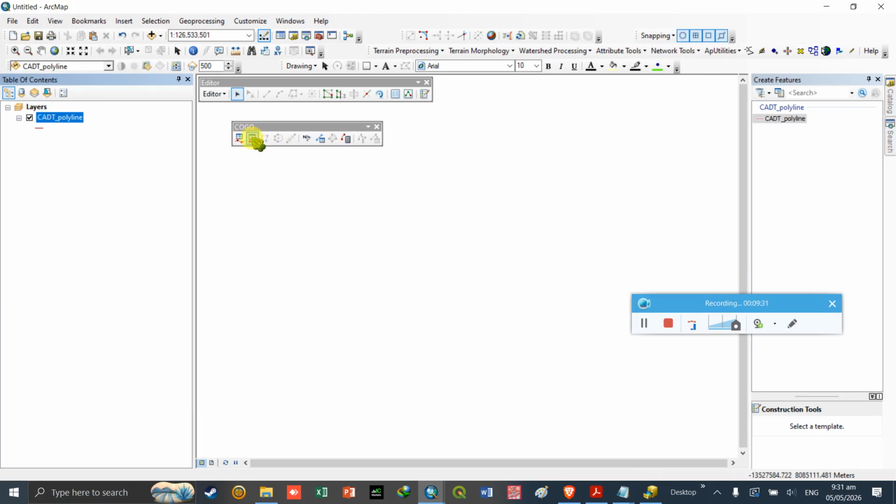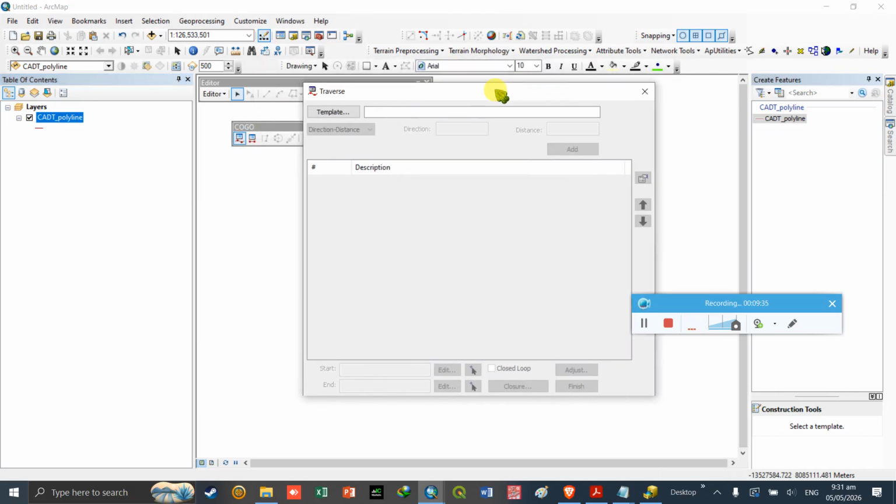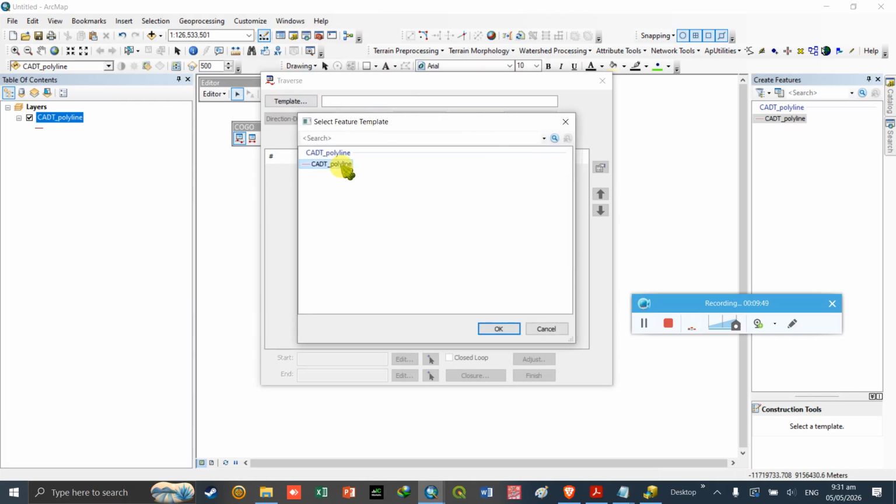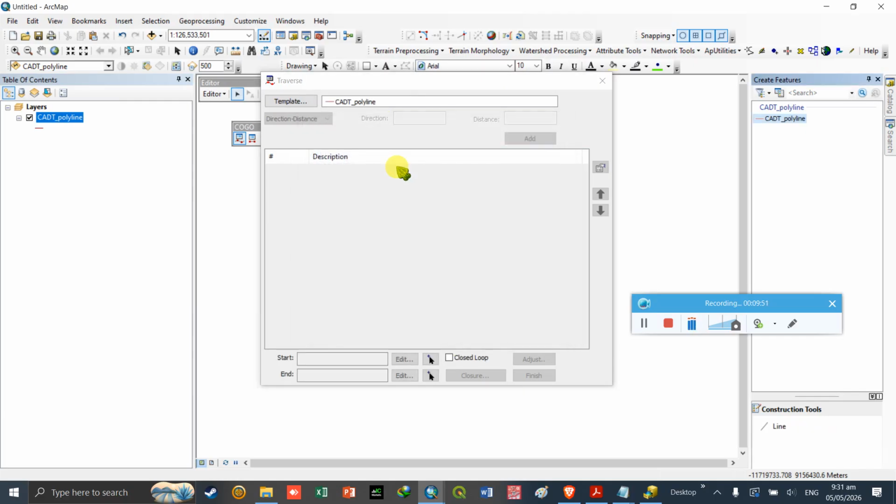And then we click Traverse to open the window, and of course we need to load the template of which this CAD polyline is the source. We click CAD polyline, and if you have loaded the CAD polyline, just load traverse.